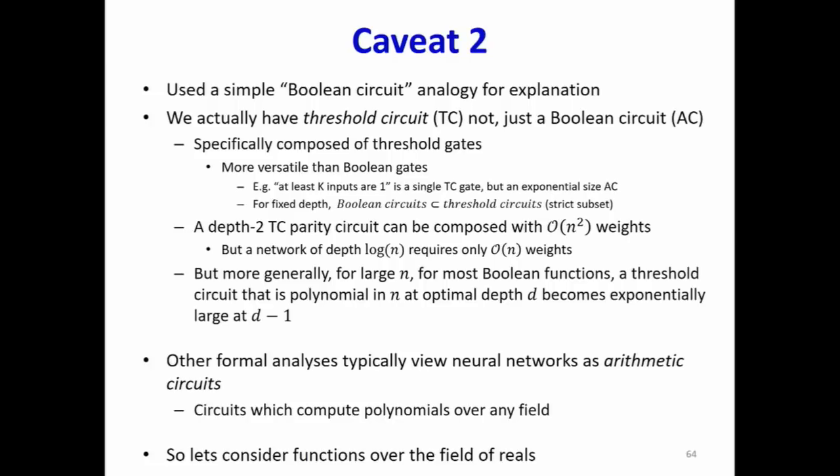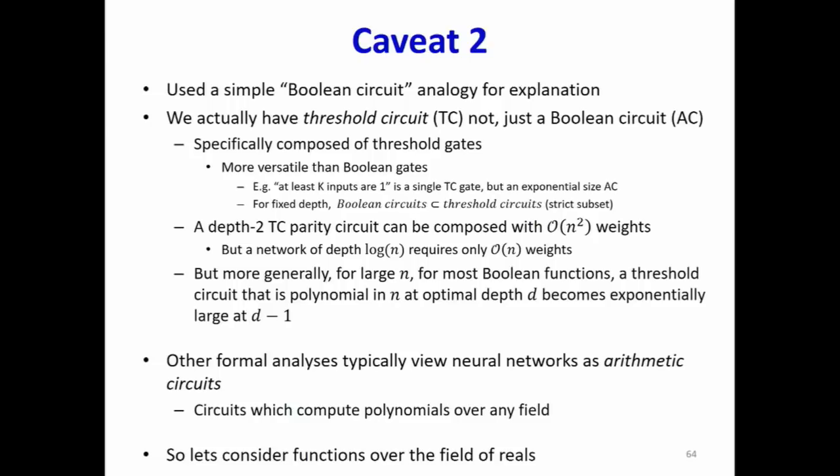There's a second caveat. I used a Boolean circuit as an analogy for explanation, but really, are we dealing with Boolean circuits when we're talking about multi-layer perceptrons? We are dealing with threshold gates, right? Threshold gates are much, much more powerful than simple Boolean gates. We saw that a single threshold gate can perform an operation that would require a circuit network of exponential size if you're thinking of it in Boolean terms. So